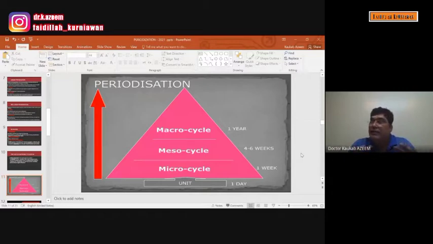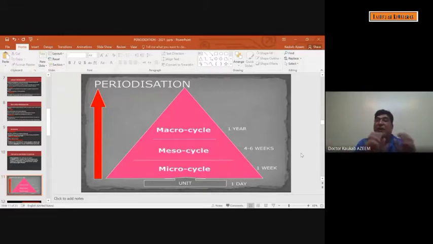So one year training, I never suggest it, maybe in the last, you will not get the appropriate results. But mesocycle, small cycles like 12 weeks, 12 weeks, 12 weeks, like you will have 4 cycles in a year, and if anything goes wrong with the training, you can manipulate, you can change. But microcycle for 9 months or 1 year, it's difficult. You cannot change. And at the last, you say, oh, I went in the wrong way. So this is the problem we have in the